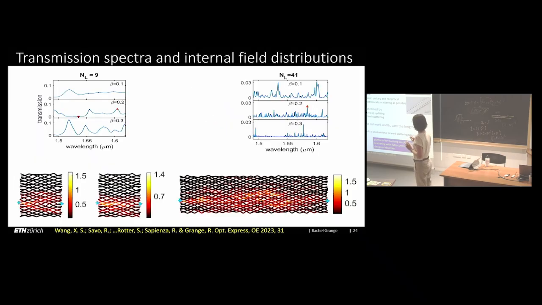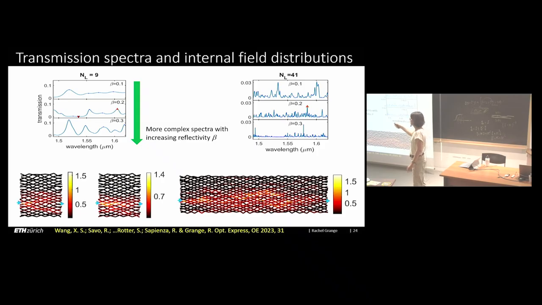Okay, so then we built that, and we did some tests. First of all, showing that when you have more complex spectra with increasing reflectivity... Can I clarify here? The disorder, does it come from the vertex scattering matrix or from the various lengths of the fibers? Because of the various lengths of the fibers, actually. Here we were not controlling it, but I will show you afterwards how we can control it by applying the electro-optic effect, changing the optical path length by applying an electric field, as I showed you before